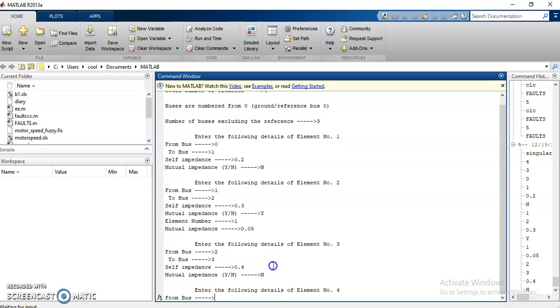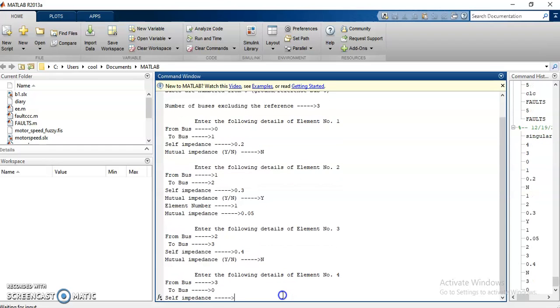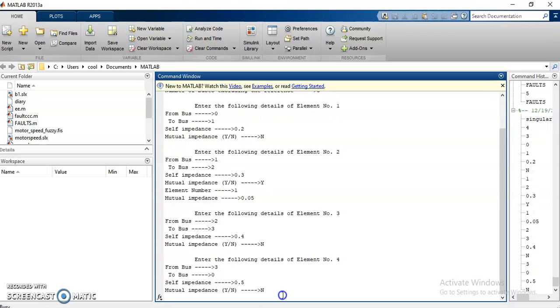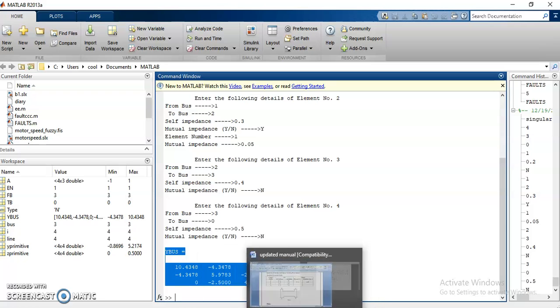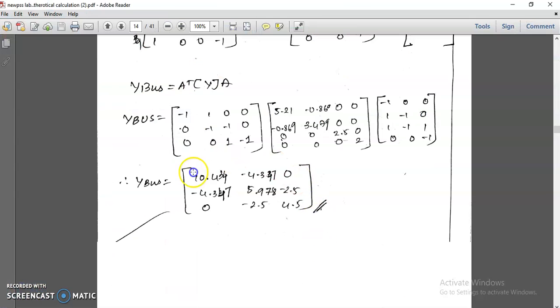And the fourth element, they have given between 3 to 0, so you have to type 3 and 0. The impedance value they have given is 0.5 as in the problem. Enter. Mutual impedance? No, enter. Now it is displaying the matrix. Just have a look. 10.43, minus 43, this we are getting. Same thing we are getting in the theoretical calculation also. So this is the first problem of